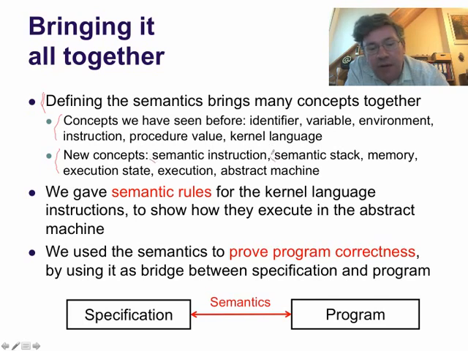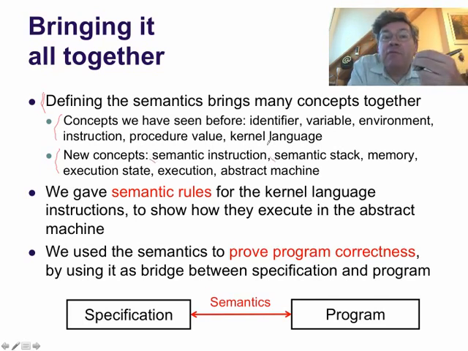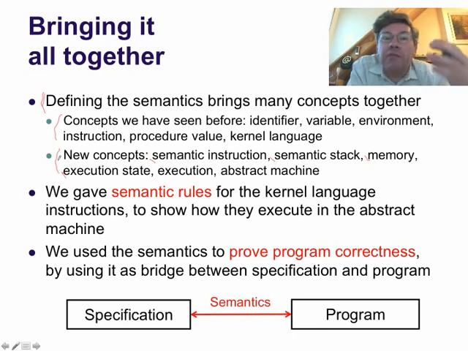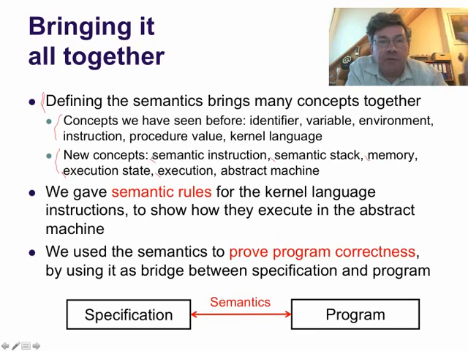Semantic instruction and semantic stack, where we combine the environment with instructions, the memory, all the variables together, the execution state, which is the stack plus the memory, the execution, which is the sequence of states, and all of this together,